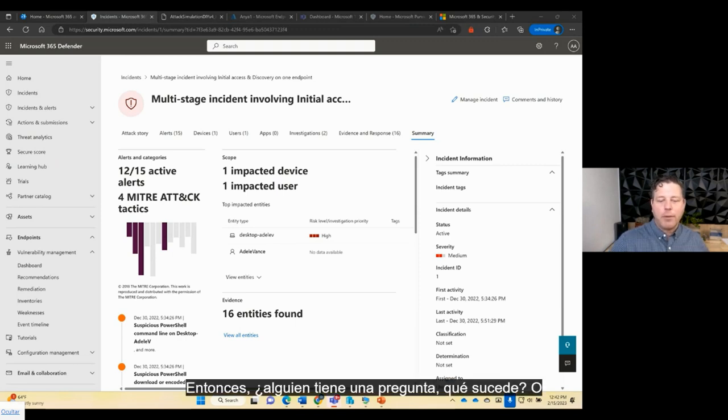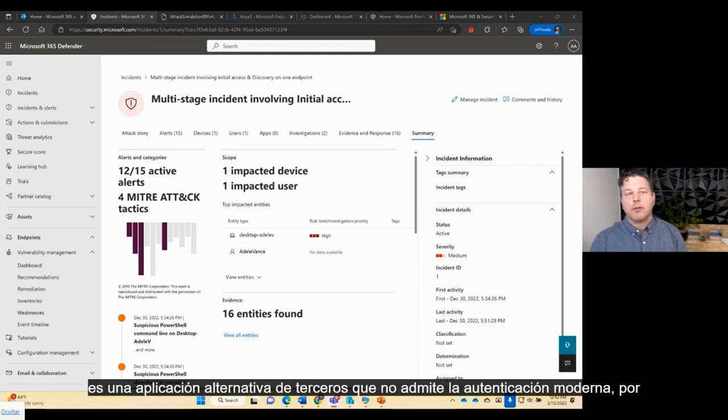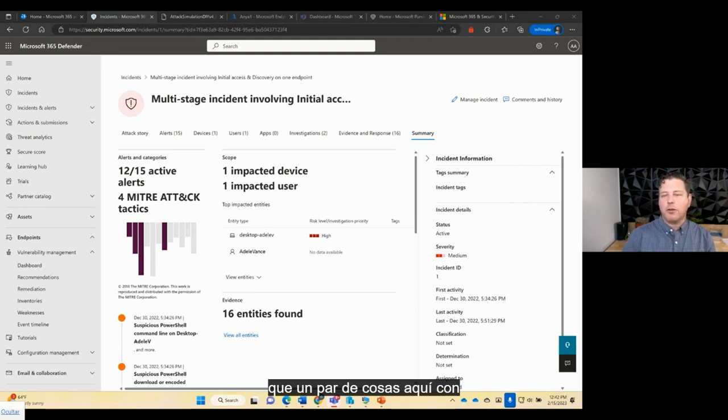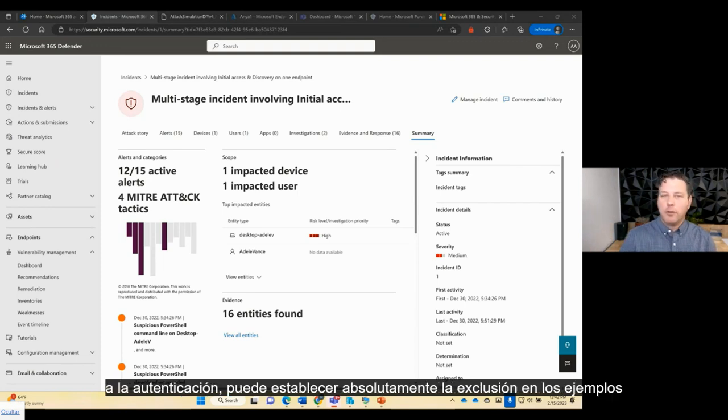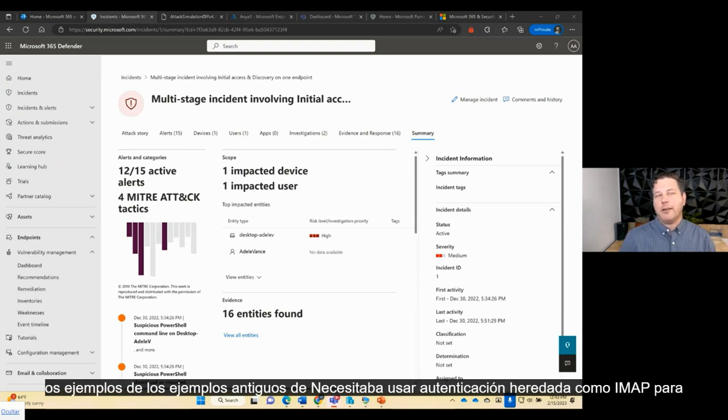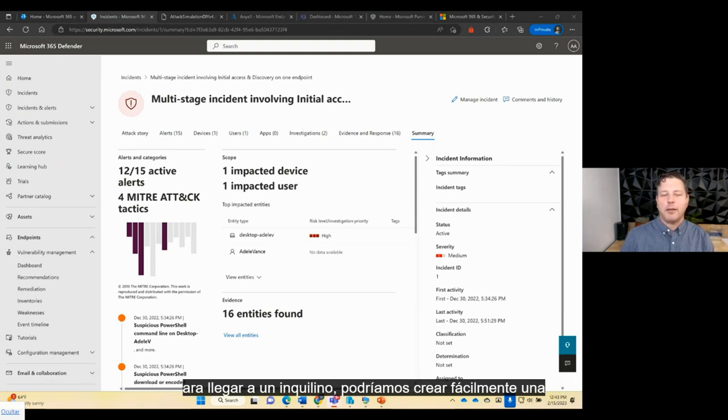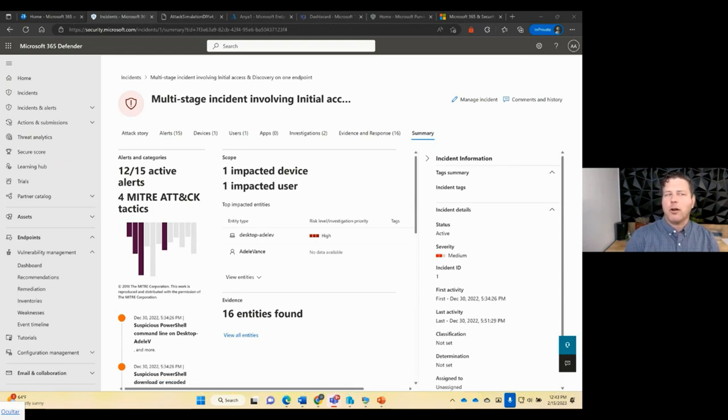Someone has a question: what happens if an alternative third-party app does not support modern authentication? A couple things here. With regard to conditional access policies that affect authentication, you can absolutely set exclusions. In the old examples, where I needed to use legacy auth like IMAP to get to a tenant, you could easily create an exclusion for that within conditional access for the user that needed it. Now, Microsoft has blocked IMAP and legacy authentication across the board, except in corner cases where